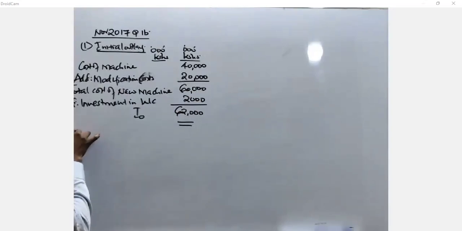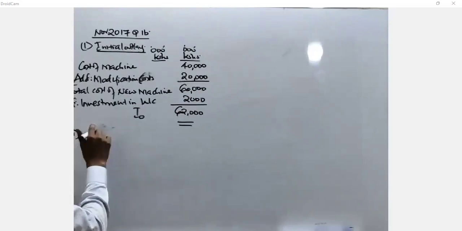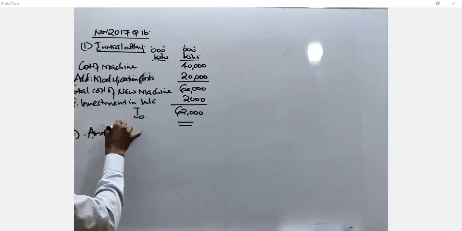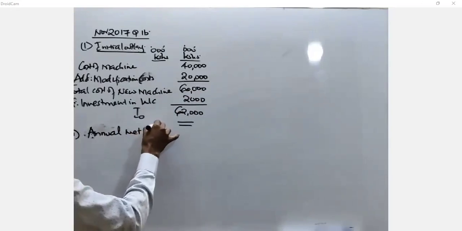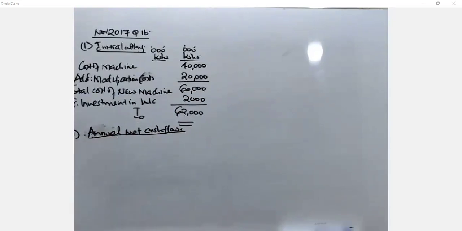Number 2 now, we need to get the annual net cash flows. We will be able to start with what? We have to look at how the question is being set. Is it a lump sum question or is it an annuity? Now, in this case, what will be directing us is the second last paragraph where we've been told the machine's